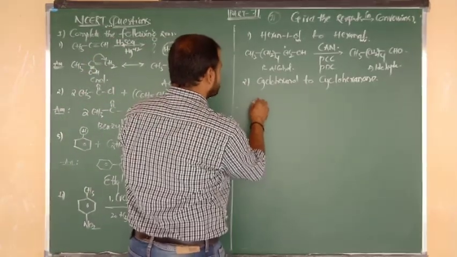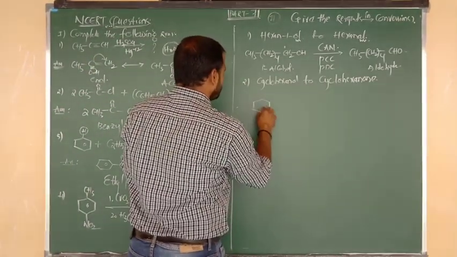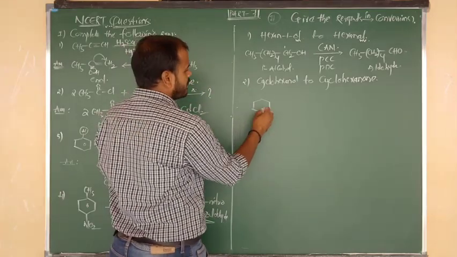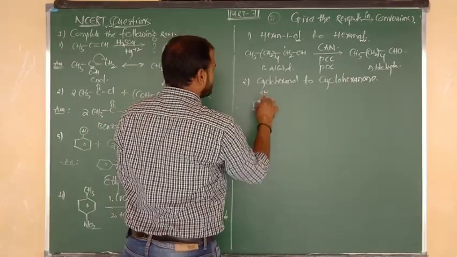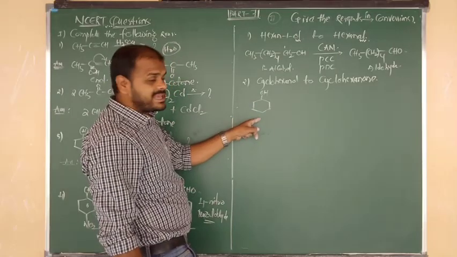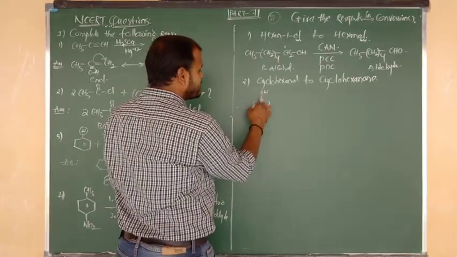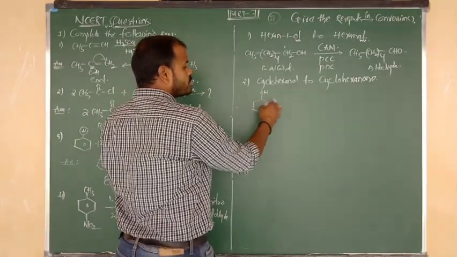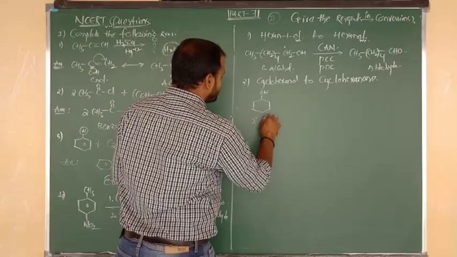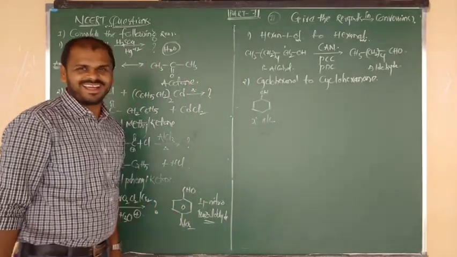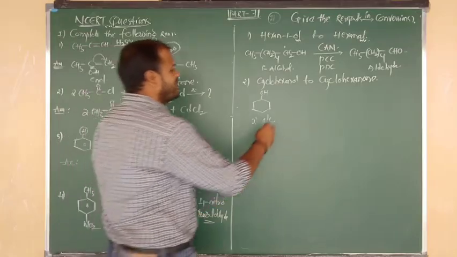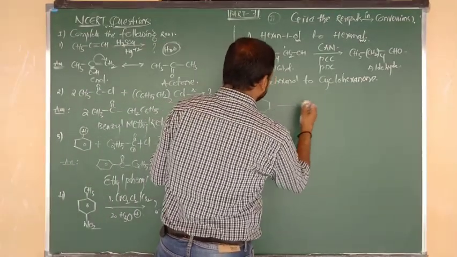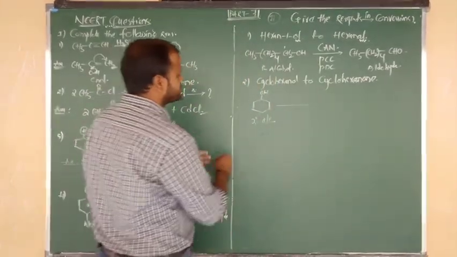Right, cyclohexanol. Yes, this is the cyclohexane ring, and suppose it is connected to an OH group. Cyclohexanol: OH is connected to a carbon, and that carbon is connected to two surrounding carbons. So it is an example of what, beta? Secondary alcohol. Yes or no? Good. So cyclohexanol is an example of a secondary alcohol.